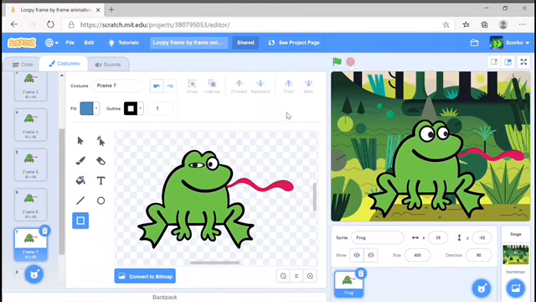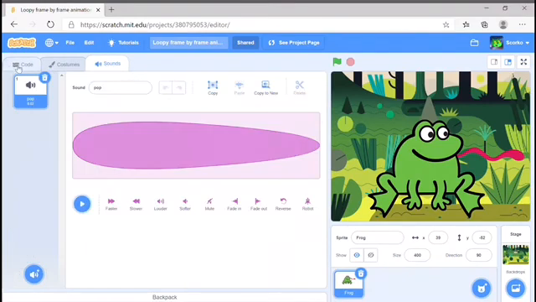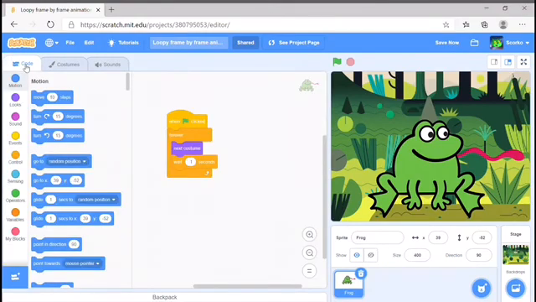So now you've got everything you need to create some pretty amazing little animations. You could do heaps and heaps of different things with animated frames and sound and code that makes things move around the screen. You could make some super awesome stuff. So I hope today's video has been really helpful,